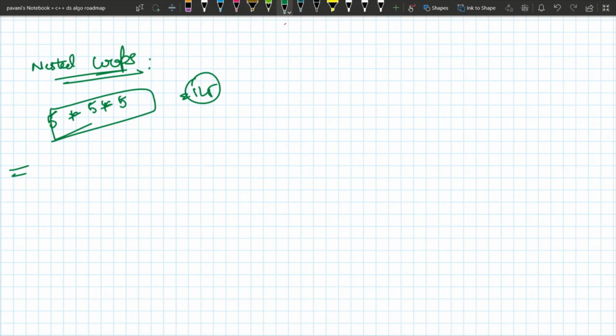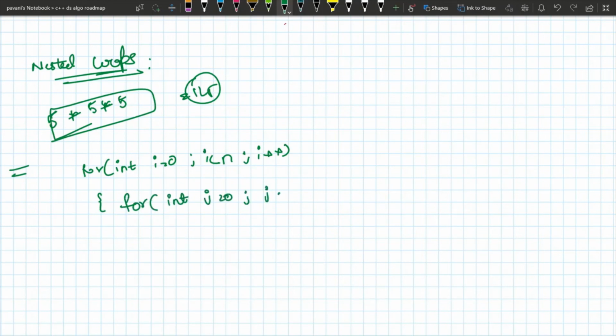Now I'm discussing only the double loop. for int i equal to 0, i less than n, i plus plus, for int j equal to 0, j less than n, j plus plus. This is known as a nested loop.